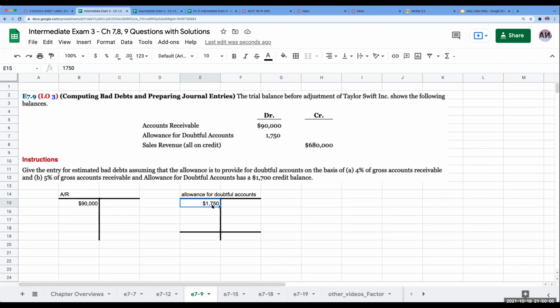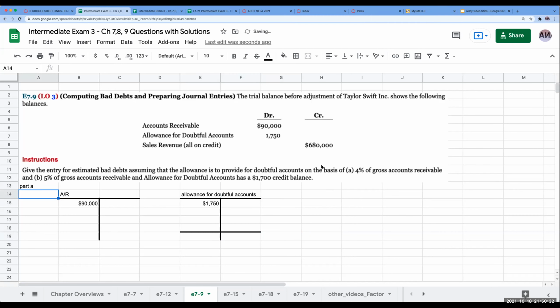The methodology where you do it based on credit sales, don't do it. It's not going to be worth it, and it's not something that's really acceptable under GAAP. So the first thing we're going to do is figure out what our ending balance in the allowance for doubtful accounts should be. And for part A,